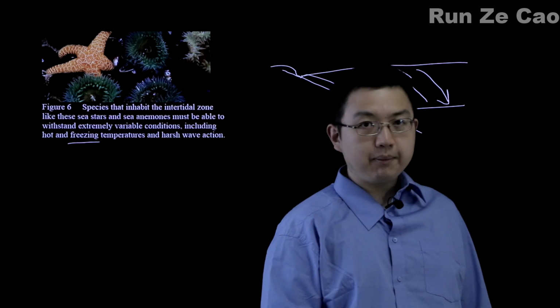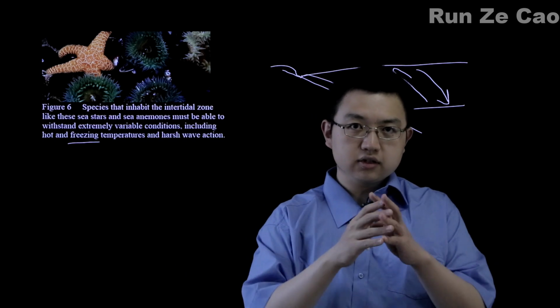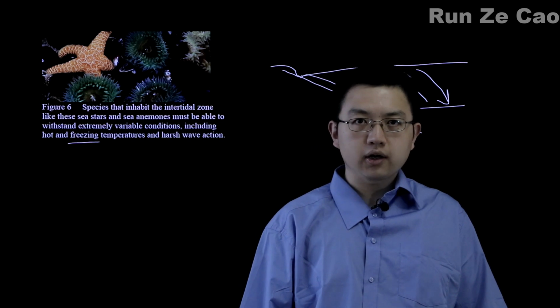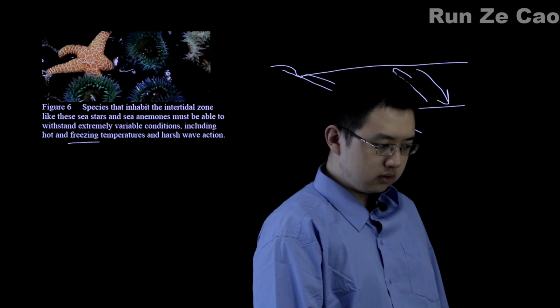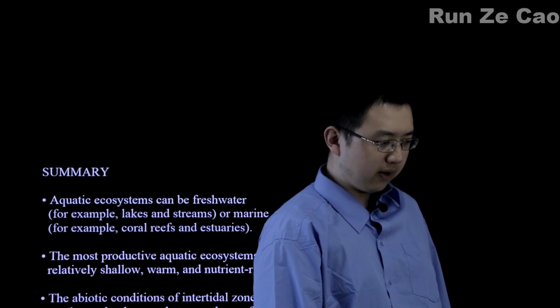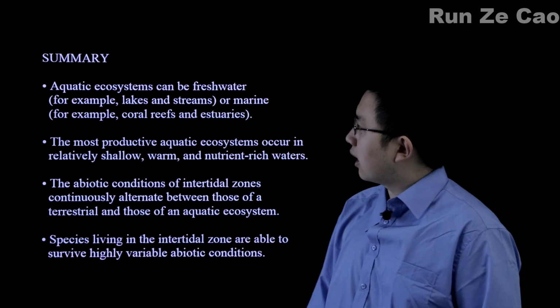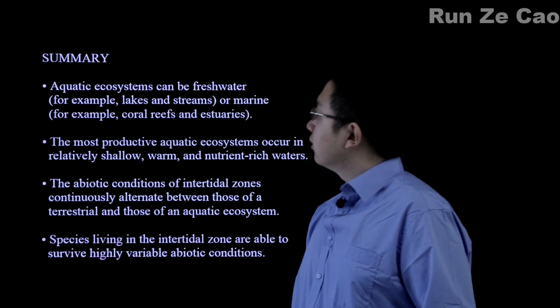Some species will clam up, i.e. shut their shells, when the tide goes down in order to not lose too much water. Other species have adaptations to deal with, say, heat or cold that may or may not include shutting their shells.